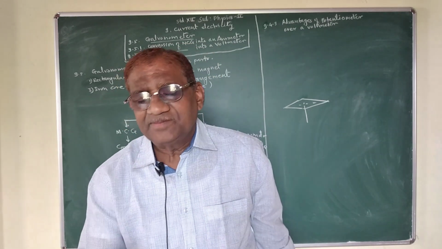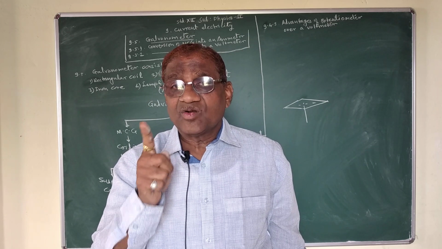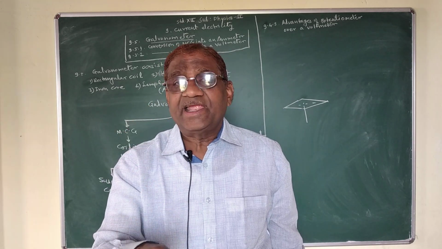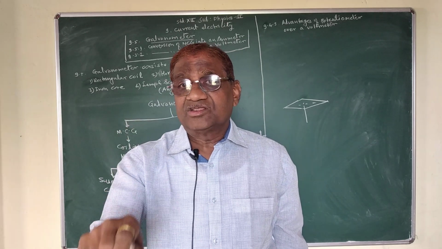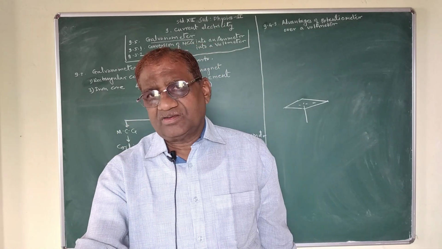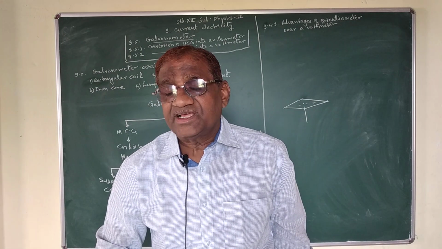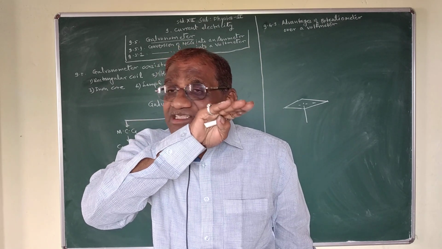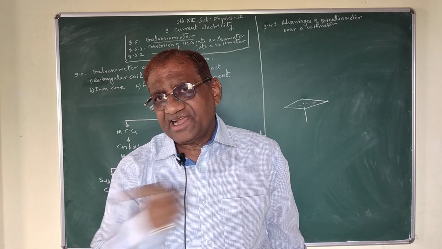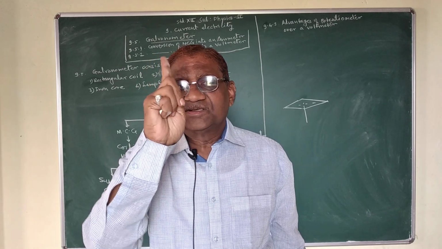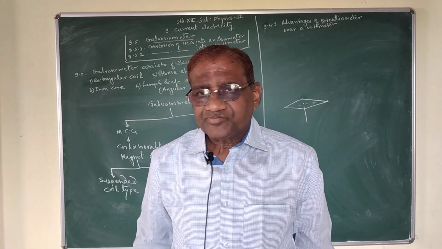So what is this principle? According to this principle, when a current carrying coil is freely suspended in a uniform magnetic field, a torque is acting on the coil. This torque tends to rotate the coil about its axis of suspension and adjusts its plane such that the magnetic flux passing through the coil is maximum. This is the principle of moving coil galvanometer.